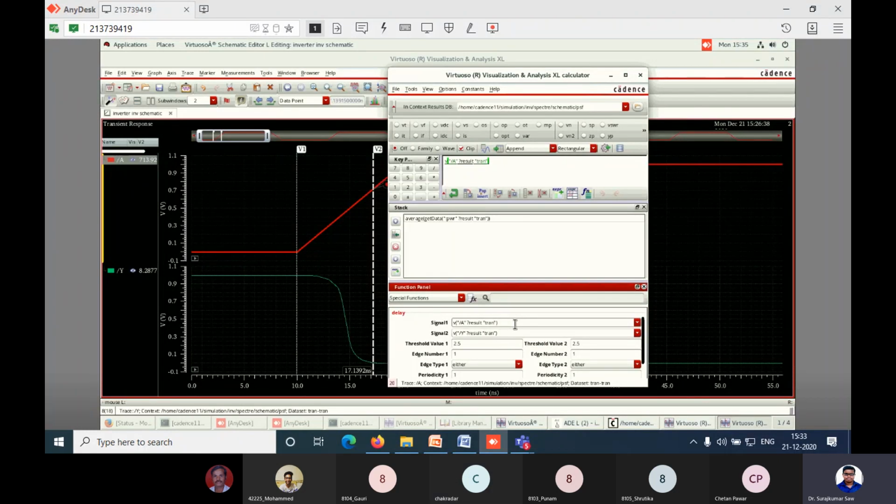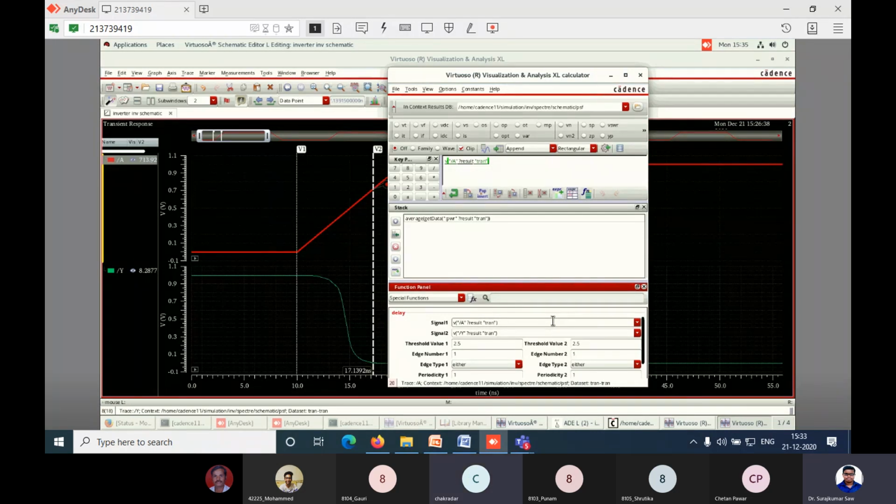All of you do up to here. See what we have done. The equation has been shown in signal 1 and signal 2. In signal 1 we are taking A, and in signal 2, Y. That means input with respect to output. We are calculating the delay of input with respect to output. So we have kept the first signal as A and the second signal as Y. All of you done? Yes, sir.